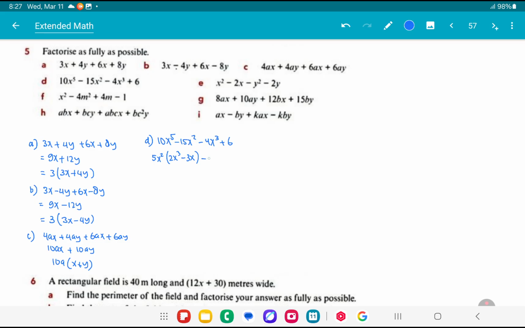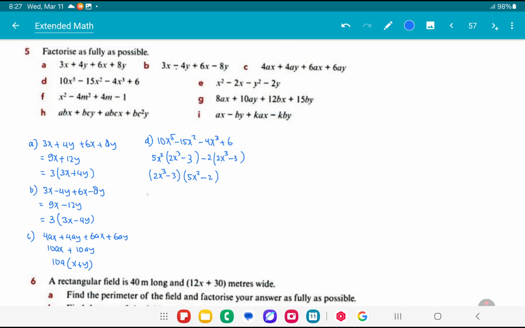We both factor out the minus 2. We got 2x cubed and then minus 3. Here we replace with 3, so 5x squared times (2x cubed minus 3). And then if we see carefully, 2x cubed minus 3 we got on the bottom, so we factor out again (2x cubed minus 3), and then the remaining is 5x squared minus 2.